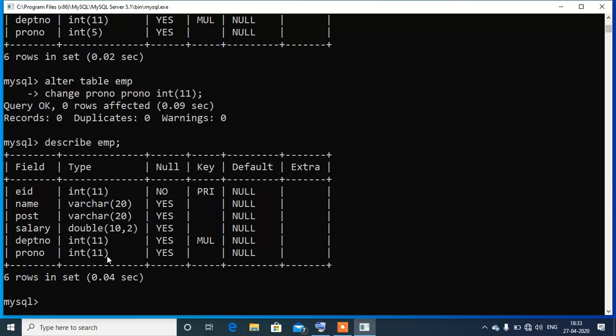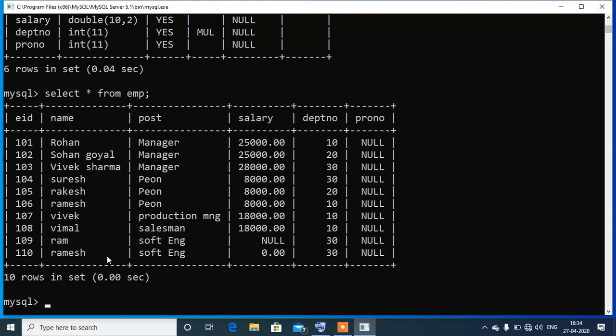Now, if we want to update the relation, first of all we will see the content of the table, select asterisk from emp. Now you can see we are having these columns. Now, the pro number column, that is project number column, is having null value with respect to every tuple of the relation.